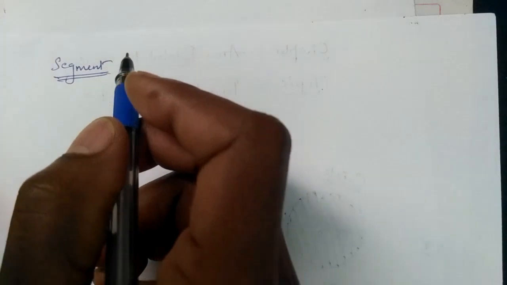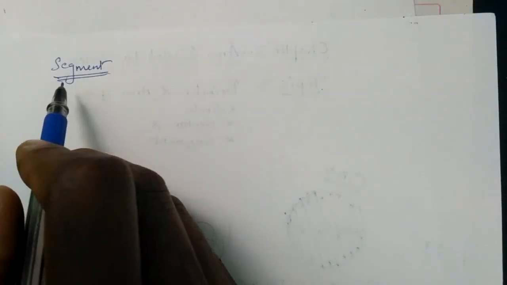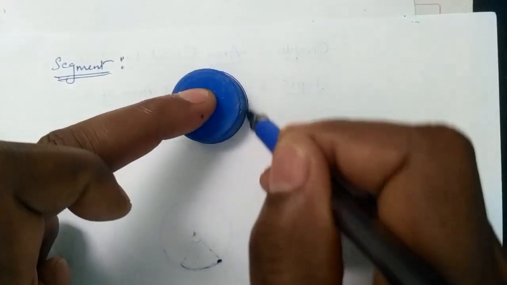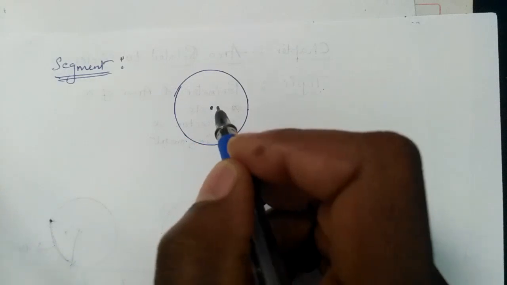Let us go to another term, that is segment. Till now, we have covered area of a circle and the circumference of a circle. The next things are area of sector, perimeter of sector, and length of an arc. This much we got using the formula. Now we go for segment. Segment is also important. In your syllabus, we find the area and perimeter of a segment as well. So let us first see what the formula is to find the area of a segment.